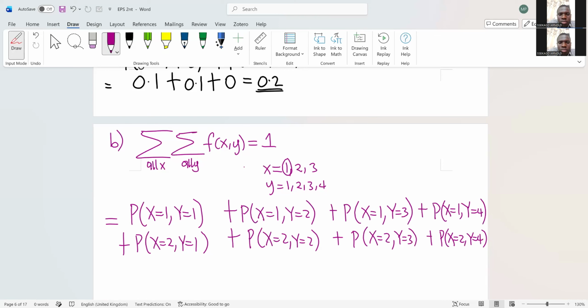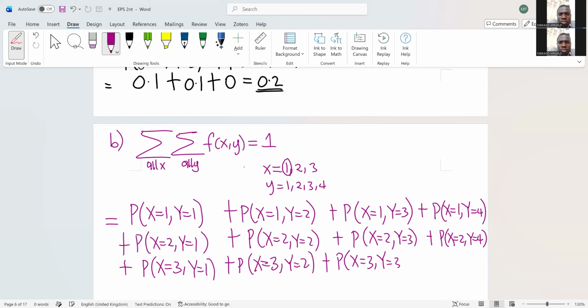Finally, there is also the probability of x is 3 when y is 1, the probability when x is 3 when y is 2, the probability when x is 3 when y is 3, the probability when x is 3 when y is 4. In the next session, I think I